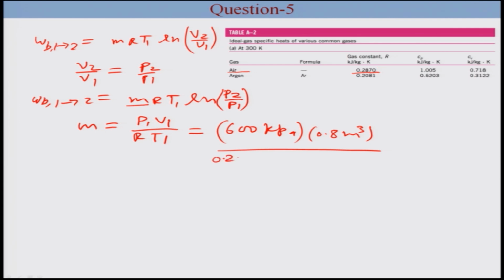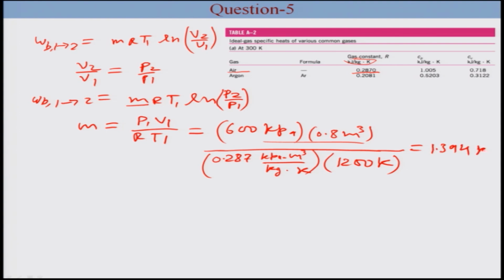R is 0.287 kilopascal meter cube per kg Kelvin. We have to convert this unit according to the numerator units, times temperature, which is 1200 Kelvin, since initially the air is at 927 degrees centigrade. So this gives 1.394 kilogram. Okay, so the total work will be